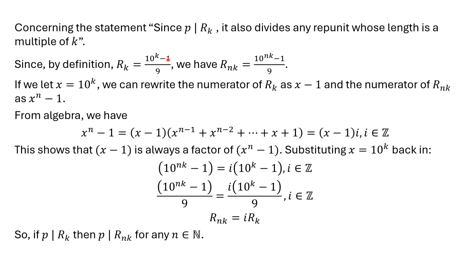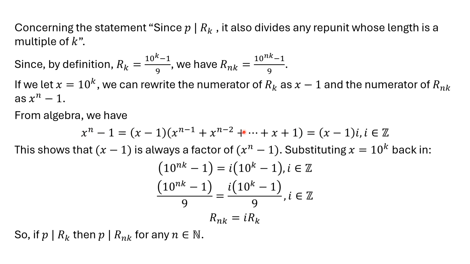So let's see if we can prove that. By definition, R sub K is equal to this, and then R sub NK is equal to this expression here. So we'll let X equal 10 to the K, and then we can rewrite the numerator of R sub K as X minus 1, and the numerator of R sub NK is X to the N minus 1. Then from algebra, we have this expression here, X to the N minus 1 equals X minus 1 times